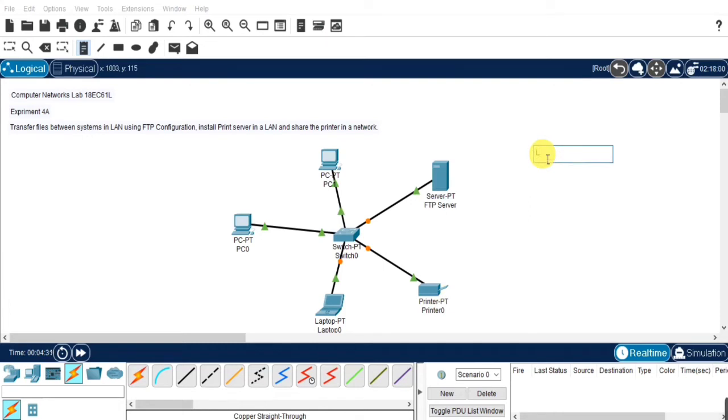Just for your understanding, I am specifying the IP addresses for the server, printer and other devices on the screen. Whatever IP address I specify on the screen, we need to give to the devices as well as to the server and printer.